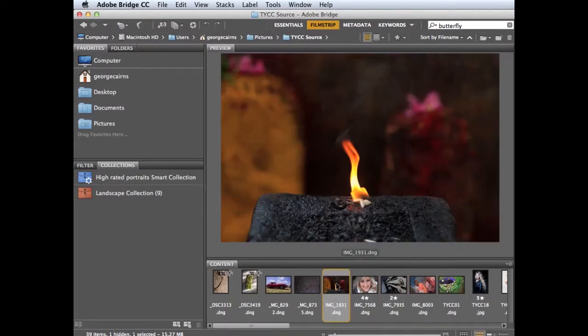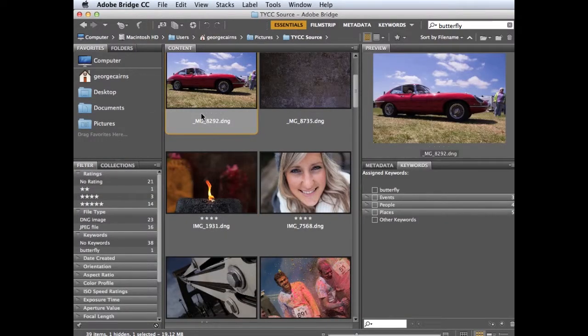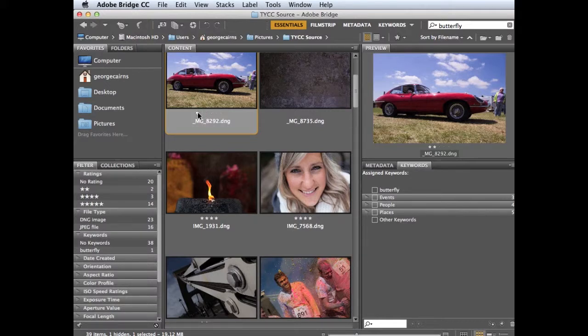You can also click on a shot and press Command or Control and a number between 1 and 5 to add a rating. I'm just going to pop back to Essentials, and below each thumbnail you've got these little dots, and you can click to add a star rating to these, or you can click here to remove the rating